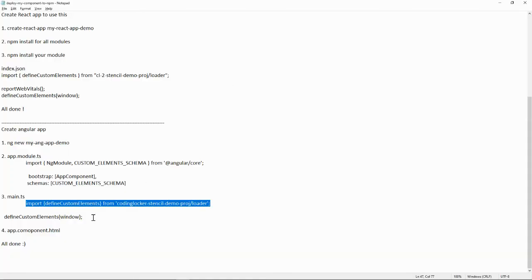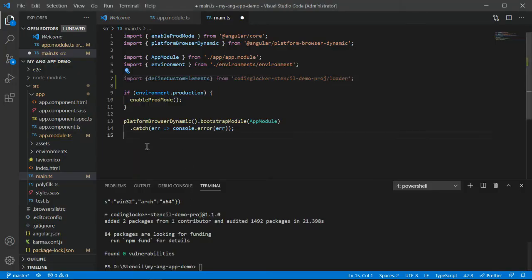Now let's come back here and import this package from this location, Coding Locker. And what we have next is we have to define the custom window as well. Let me copy this as well and paste it here. That is all we have to do. Now we all are good. Go to your